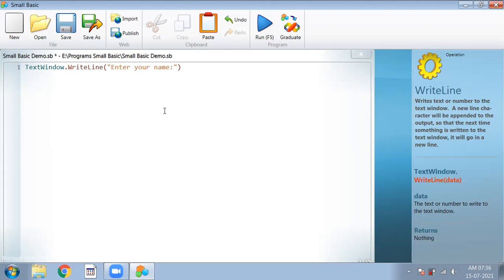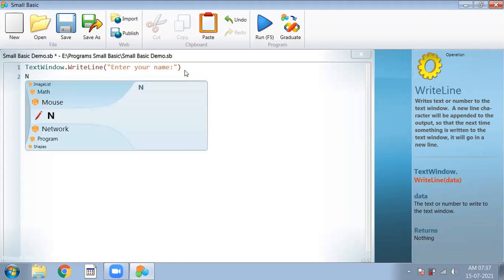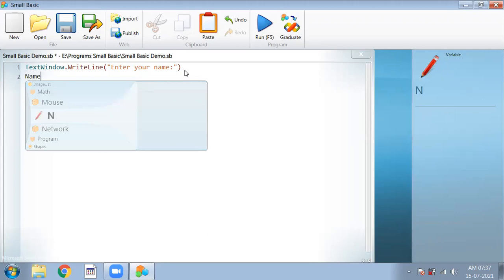Now what we have to do is take this input, how to take any input from the user. हम लोग user से कैसे कोई input लेंगे. For this we have given one message, enter your name, and after this we will create one variable जिसमें हम लोग उसके name को जब accept करेंगे तो उसको कहीं पे store करेंगे. For that I am taking one variable, that is name.